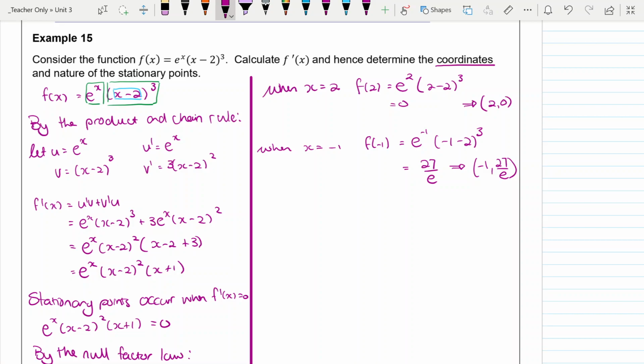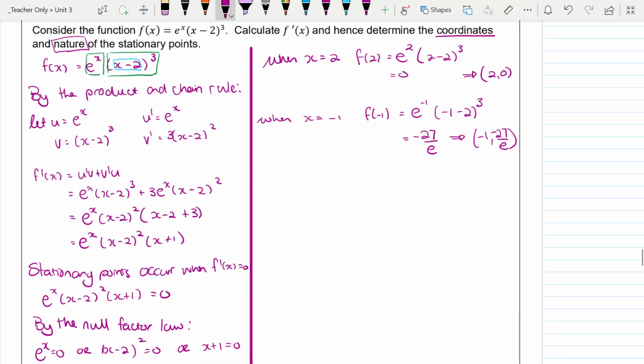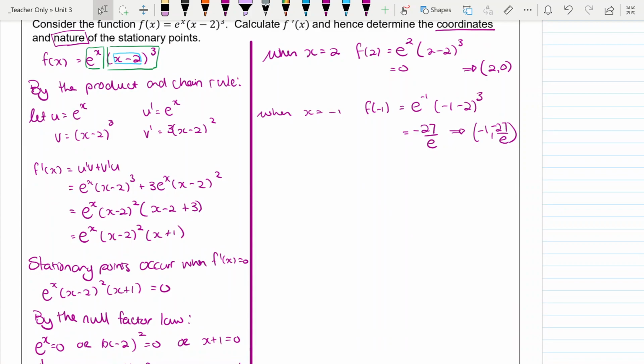Negative 27 over e. Alright. Now, the next part of this is that I need to determine the nature. When they're asking about nature, they want to know whether these stationary points are local minimums or local maximums. And the way that I do that is to either use my second derivative test, or I can draw a